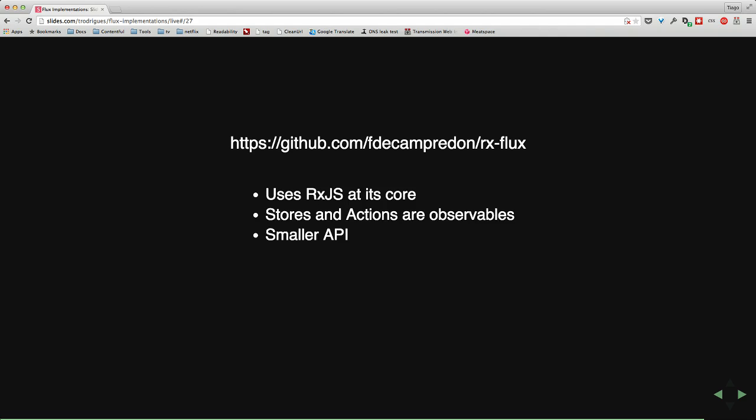And what RX Flux does is implement the actions and the stores using the observable component from RxJS at its core. So in the end, the way you use it is very similar to Reflux. And the API is also very small. It also doesn't seem to have a lot of documentation, so I'm still not sure if it's doing very many things or is very active. But yeah,